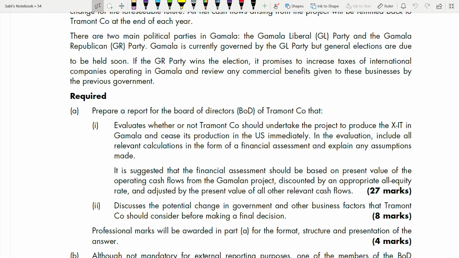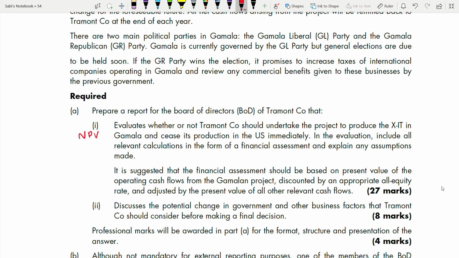The question, evaluate whether a project should be undertaken or not, tells you something. It leads to a net present value. That means you have to calculate net present value. Whenever a question asks evaluate whether a project should be undertaken or not, they're asking you to calculate net present value, because net present value tells you whether you will accept the project or not. Sometimes it is adjusted present value also, for which we need that particular piece of information. But in either circumstance, net present value has to be calculated.